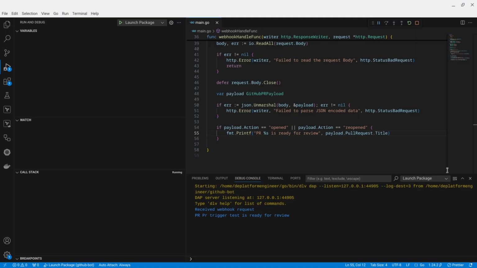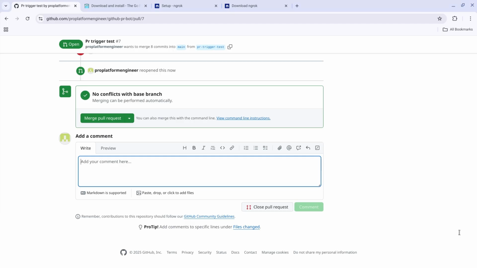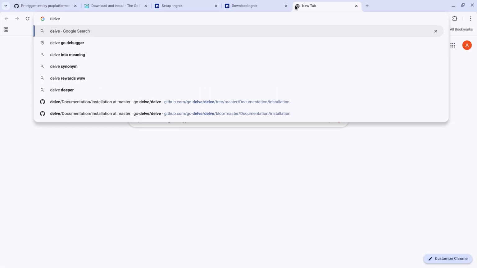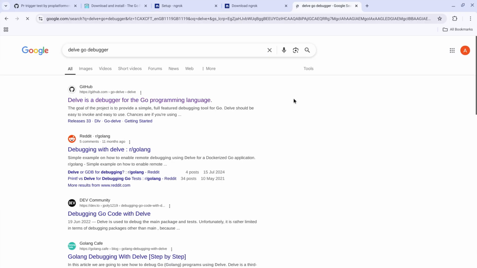So just to recap, in this video we looked at how to get started with Golang, and then how to set up the debugger for it. Oh, actually, one thing I missed out before I finish, I just remembered, is that to debug in Go you're going to need a thing called delve, and I probably should have walked through it much earlier. So if you've come to this much further in the video and don't know how to do delve or haven't got this set up,